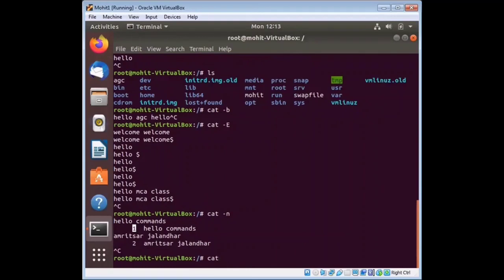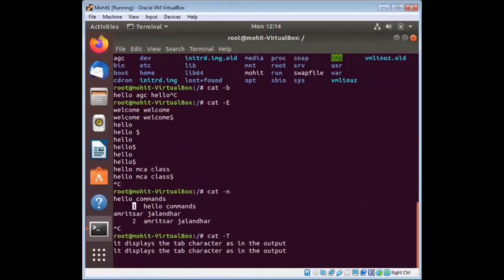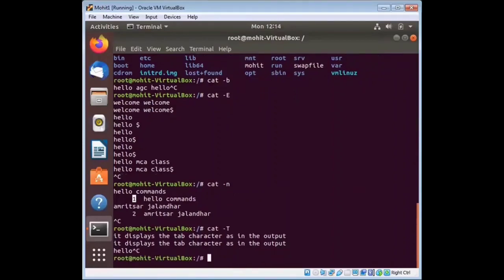Next is your cat minus capital T. So capital T basically displays the tab character as in the output. You see, hello, and cat.